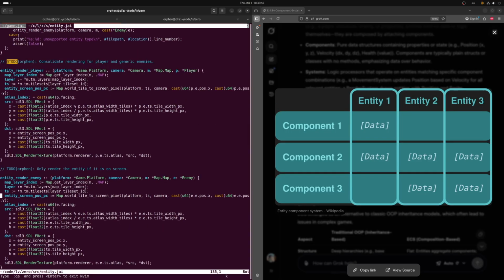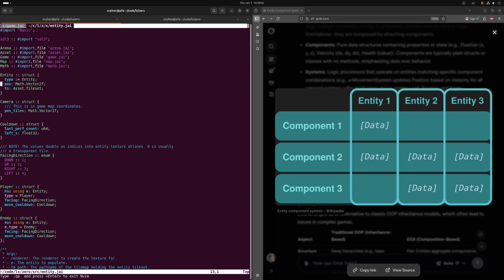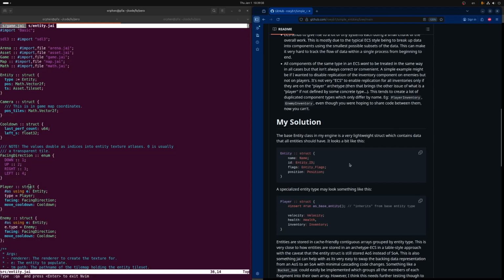I had no idea how it was going to turn out, so I just kept it separate. An entity is a type, a position, and a tile set, and a player right here is an entity, has a type, has facing and move cooldown, and an enemy has the exact same thing. So they're actually basically the exact same type, with the exception that the names and therefore the types in the type system are distinct. The base entity class in my engine is a very lightweight struct, which contains data that